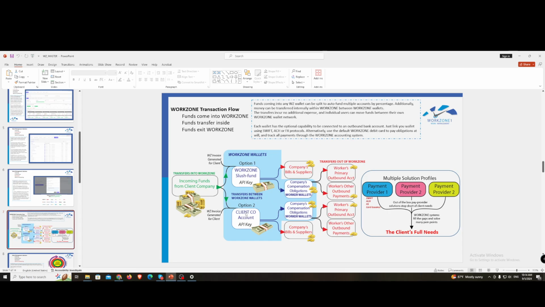So this internal wallet system, if you have a system of providers and a network of suppliers, and they all have Workzone accounts, value changes hands. It can change hands 20 times if your Workzone network is deep enough. See, in the outside world, every time money changes hands, there's pennies and dollars taken out of those amounts. But inside Workzone, if there's a network of companies that are connected, there is no pennies or dollars taken out every time there's a transaction. So it's a transactional system internal to itself that does not incur the normal charges that you would see in